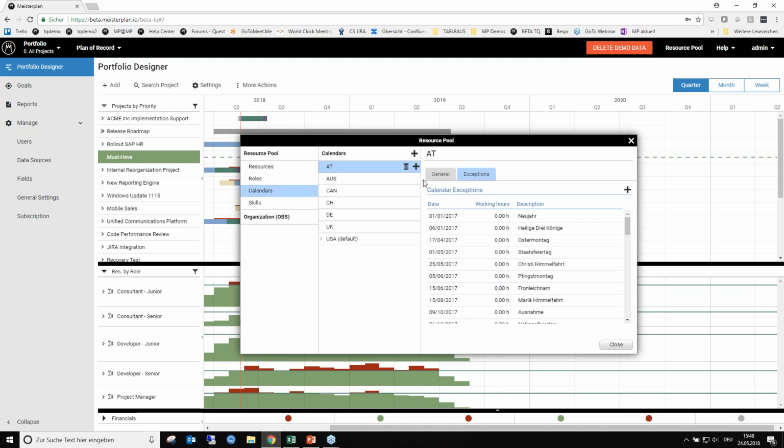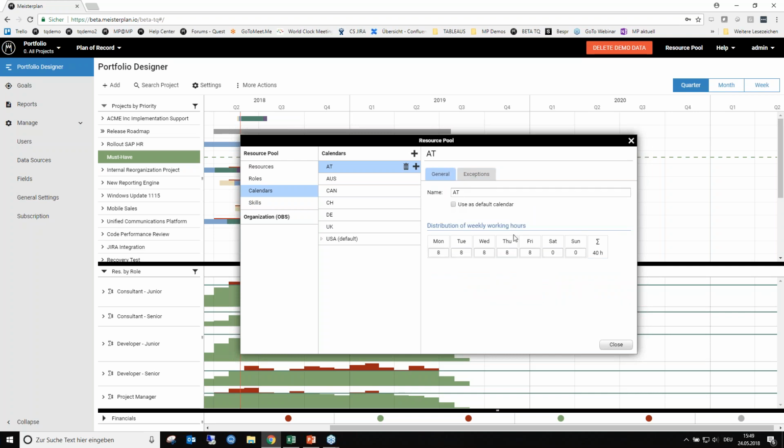Or you would give that resource an availability exception throughout the year. Let's say that person would only be available 70%, these 70% being a multiplicator for this calendar. So that person would work 8 hours a day, but only 70% of that would be visible in Meisterplan